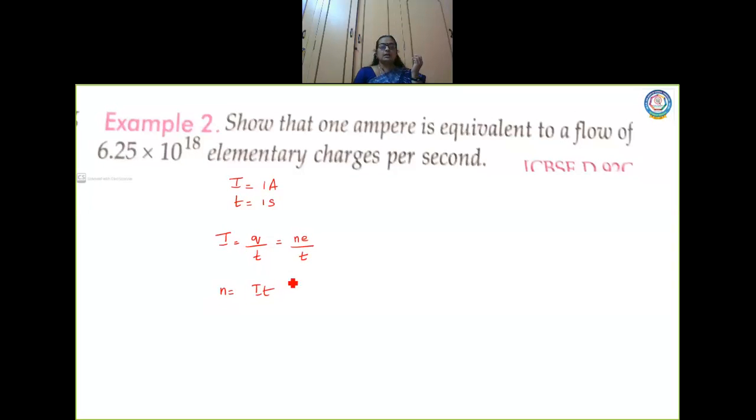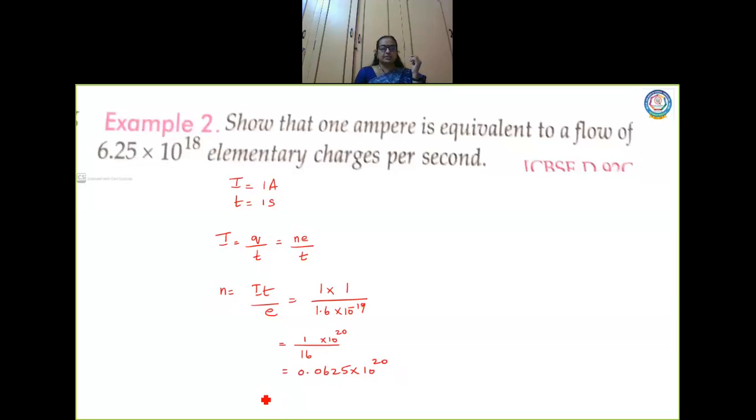So I rearrange this formula. N comes to the left side. So I have N is equal to IT by e. What is I now? I is 1 ampere and T is also 1 second, divided by the charge of an electron, which is 1.6 into 10 power minus 19, children. So this will be 1 by 1.6 into 10 power minus 19. Whenever you have a decimal sign in the denominator, just make it a whole number. So when I change this, 16 into 10 power minus 20 will be there. When I take it up, it becomes 10 power plus 20, right? So 1 by 16 is 0.0625 into 10 power 20.